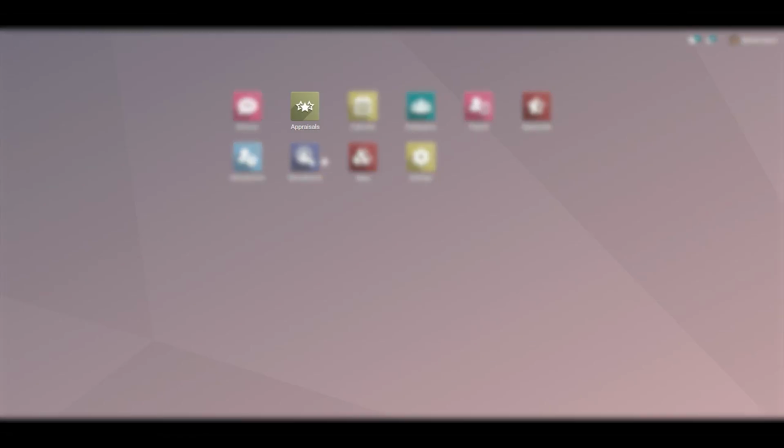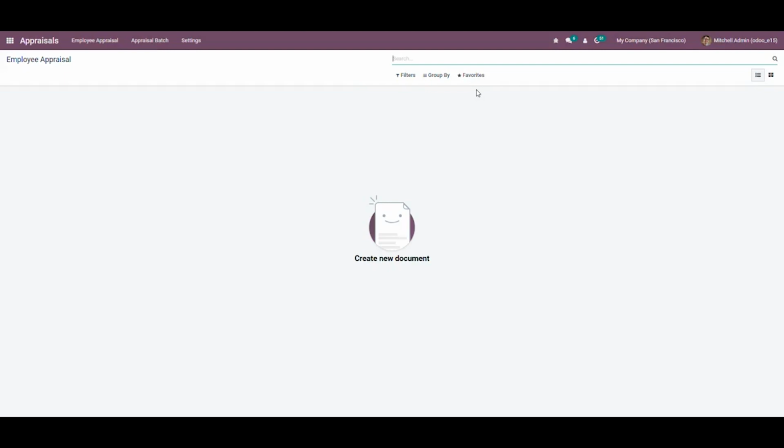Click on the Appraisals icon in the app drawer. To generate appraisal forms, first, you should configure the system based on your organization's evaluation policy and define your required criteria. To define appraisal templates and other measures, click on the Settings menu. The configurations of the module consist of three main components: appraisal templates, appraisal sections, and appraisal rates.